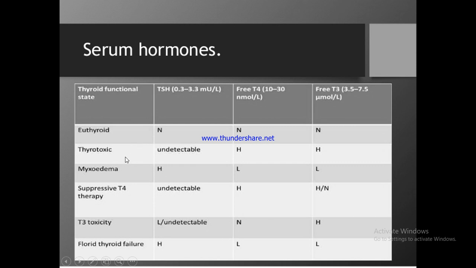In thyrotoxic states, there is increased production of thyroxine, T3 and T4, these both are in higher values, and these higher values send feedback inhibition to the pituitary gland, so TSH is in undetectable amount. In myxedema, that is hypothyroid state or suppressive T4 therapy